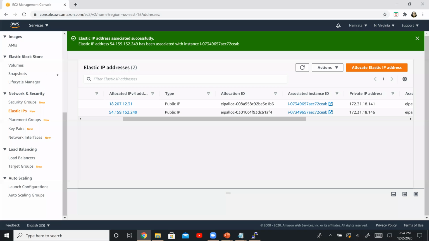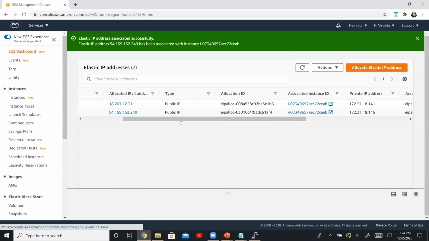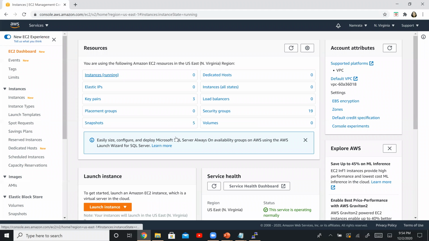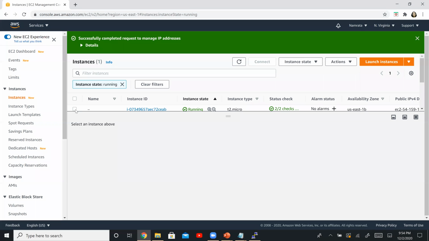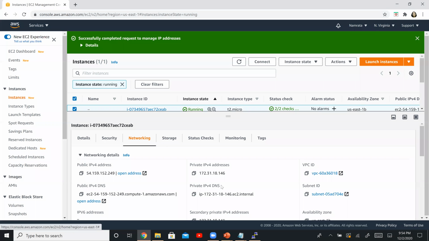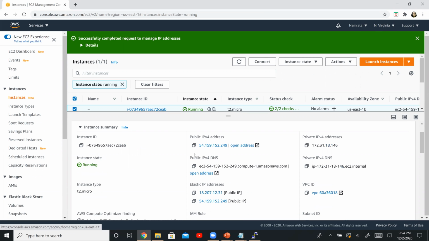If you go to your EC2 dashboard, instances, and select your instance, you will see in the details that you have two elastic IP addresses, 31 and 249, and one of them is associated as the public IP address.